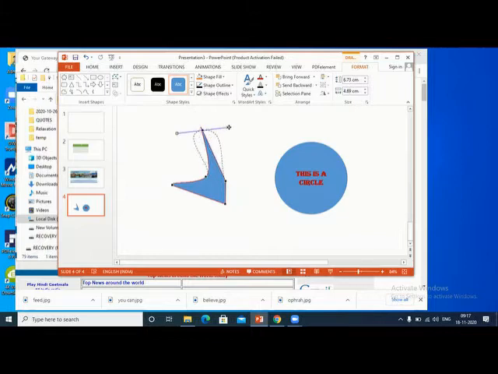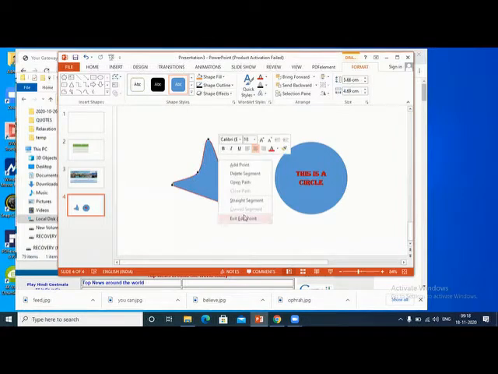Again, modify this. The handle is there. You can adjust the handle and everything. So any shape you can create using this. Even if you select, suppose there is no point here, you select this, right click, make it a straight segment. It is a curve segment, no? Straight segment. So it becomes straight. Right click, curve segment, you can make it a curve.